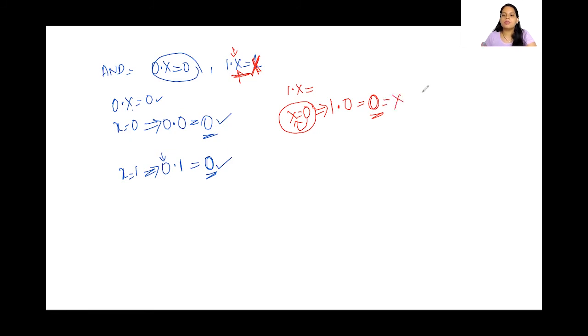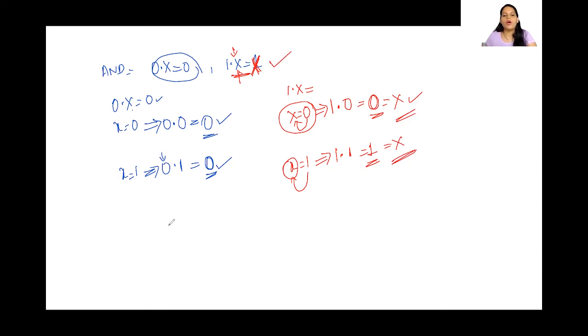So this is proved. Now what happens when x is equal to 1? So when x is equal to 1, 1 into what is the value of x? It is 1. So this becomes 1 and 1 is always 1, which is nothing but x. Because we took x is equal to 1. So when we get an output 1, which is nothing but x. So this is equal to x. Here also we are getting the value x. Hence, this is also proved.